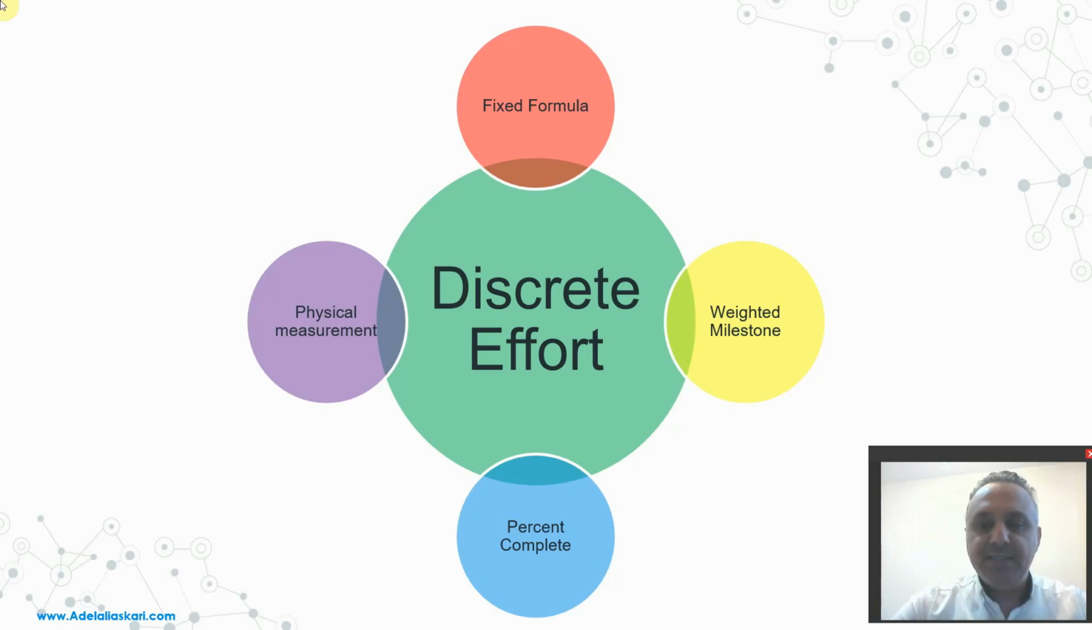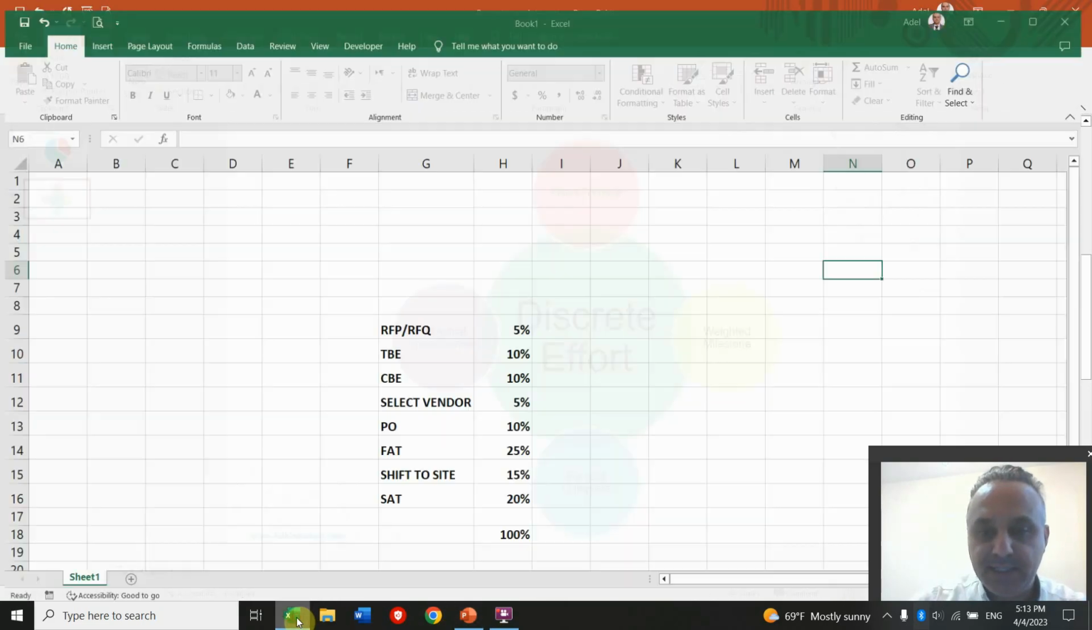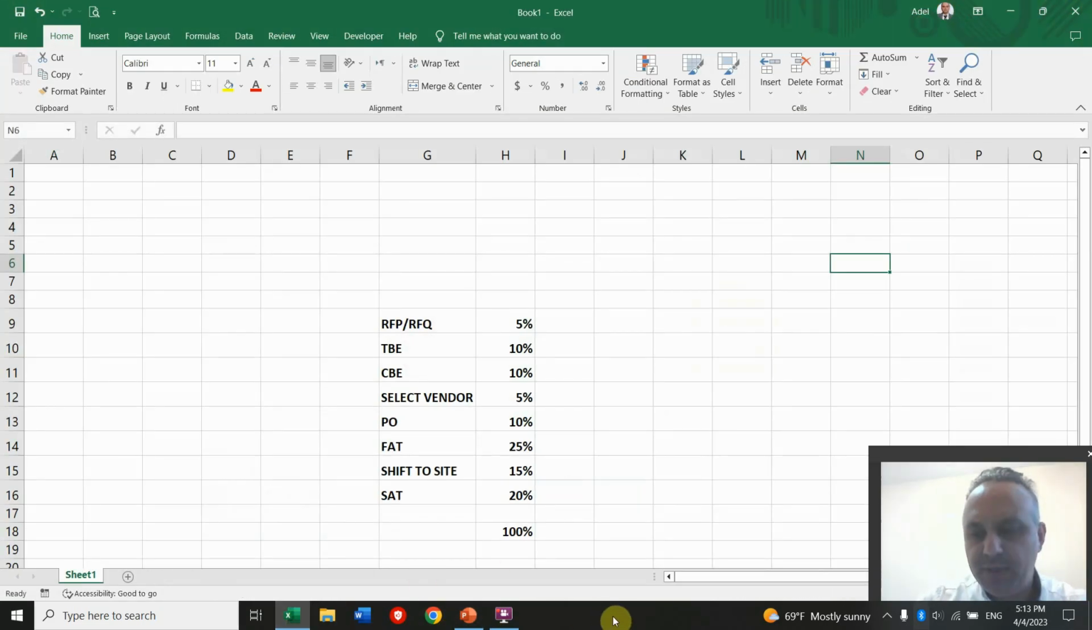In the weighted milestone, we generally divide the project into the standard steps of the process, and we consider a percent complete for fulfillment of each process and step. Let me take an example about procurement. For the equipment that you supply from your vendors, we generally divide the steps like this. At the first step, we have the request for proposal or request for quotation, and we consider 5% as a ratio or weighted